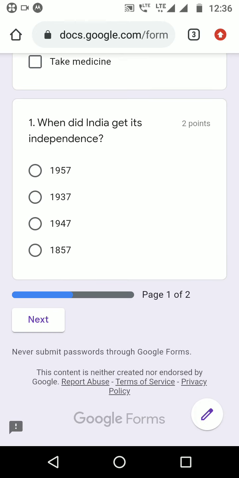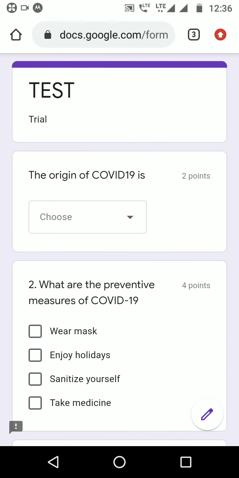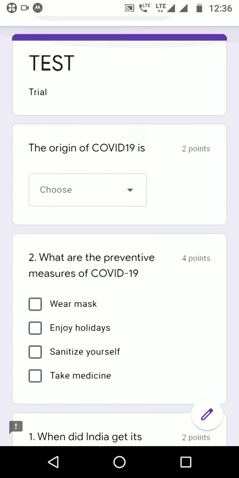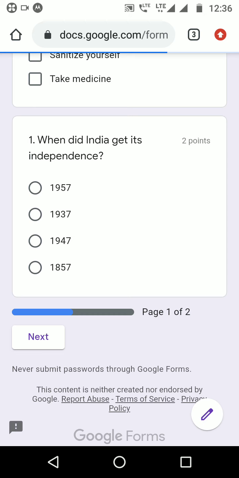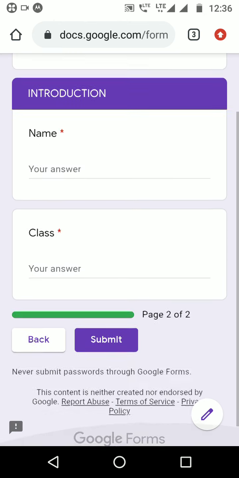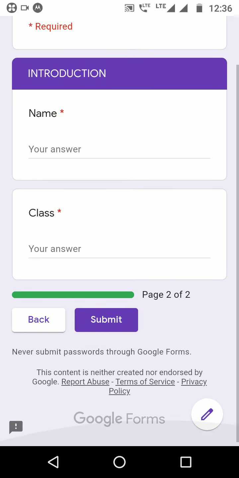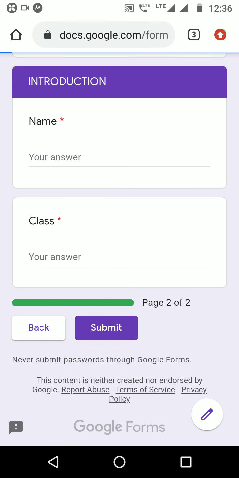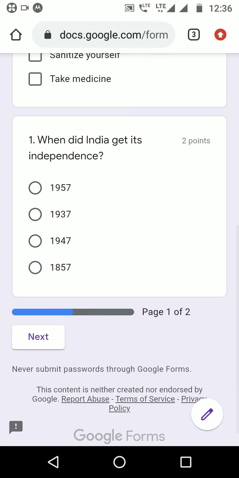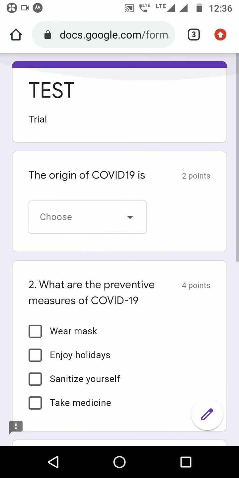Here you will have the total marks, and you will have the next page, wherein you have this asterisk which says it is required, and then the student will submit it. So I go back, and then after that I will go ahead and I will